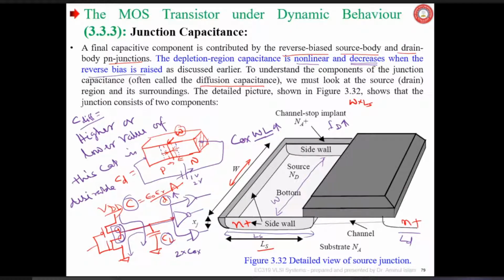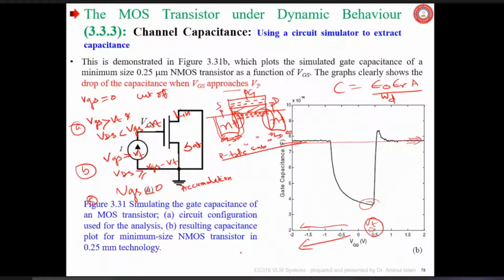Okay, so let us talk about one side only, LS. Then the side wall, there will be 3 side walls. Here is the back side wall, this is the front side wall, and this is the left side wall. These 3 side walls should be considered. And the area will be what? Tell me. This is depth. This depth is XJ, junction depth, we call it junction depth. From here to here, this is called XJ, junction depth.